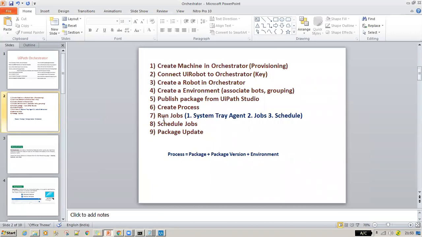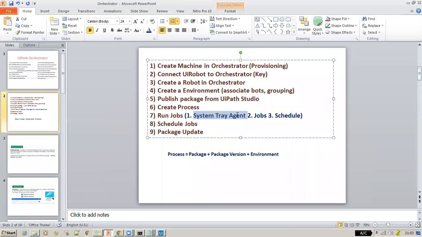So we have successfully seen the run jobs. As I told you, the first option is system tray. I will show you tomorrow, I have an older version. Other one is through jobs. That is manual. When you say jobs, that means you are manually running your jobs. Other one is schedules. Schedules means automatically triggered things at a certain point of time. These are the three different ways we can run your UiPath jobs apart from your Studio, because we are not opening UiPath Studio anywhere. Just keep that in mind.